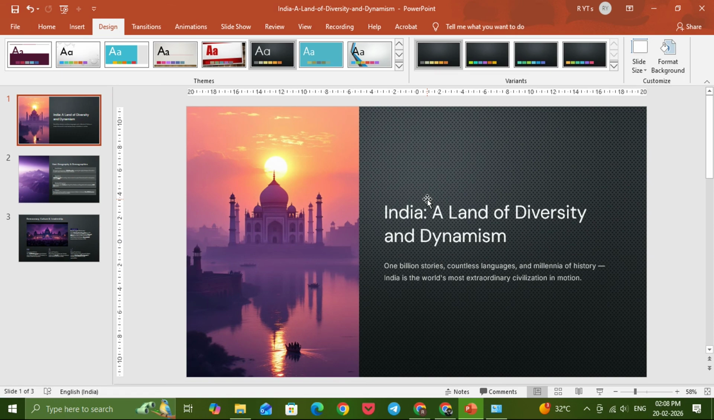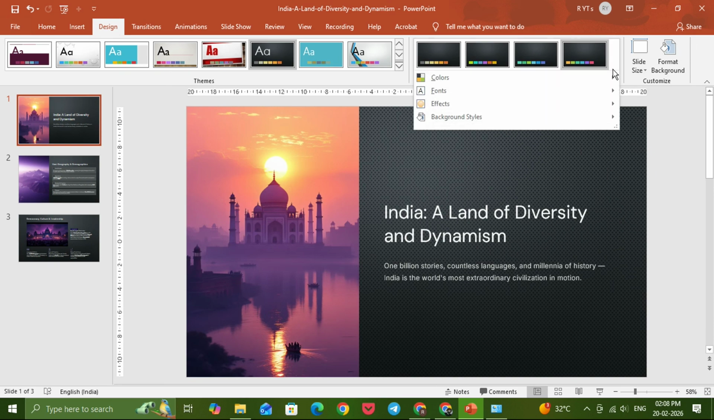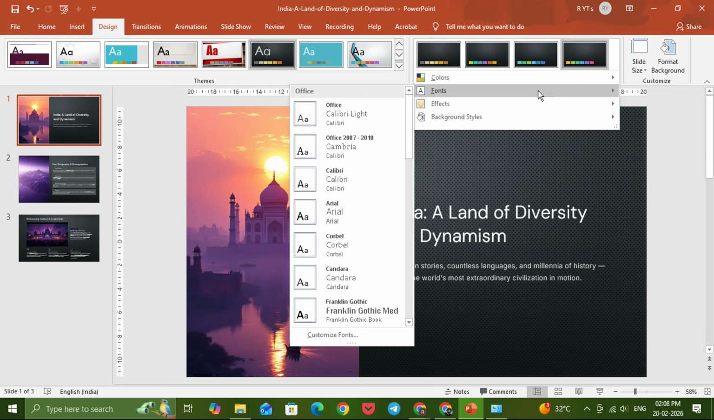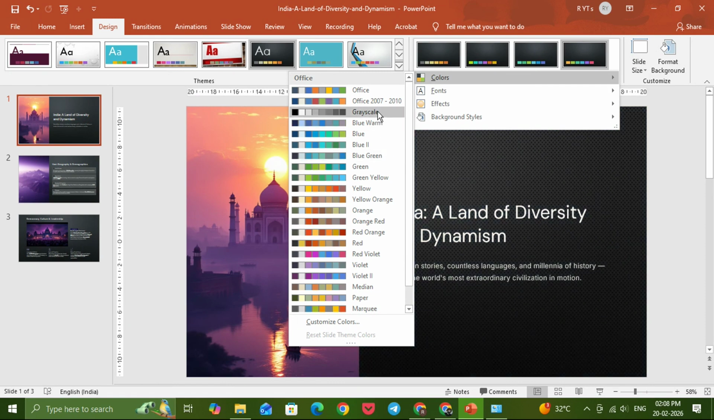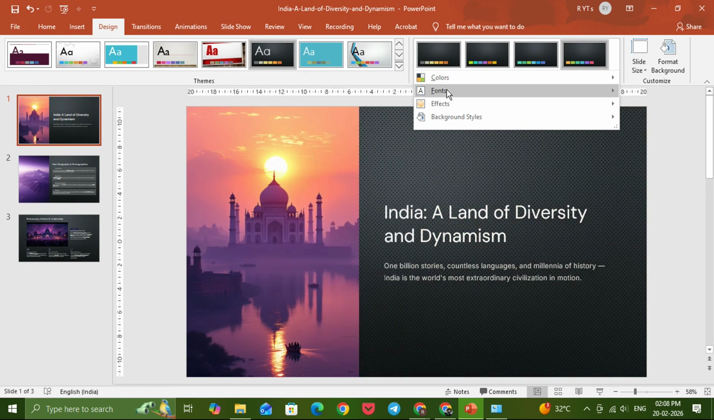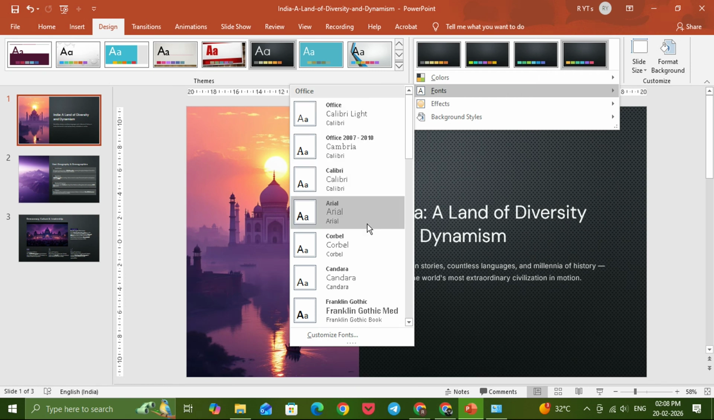Now, if you want to further modify the theme, stay inside the Design tab. You'll see options for variants next to the themes. Variants allow you to adjust color schemes, fonts, effects, and background styles within the selected theme. Click on the Variants drop-down arrow to explore different color combinations and style adjustments. For example, you can click on Colors to choose a different preset color palette. If your brand uses specific colors, you can even customize the colors by selecting Customize Colors at the bottom of the list. You can also adjust fonts to match your preferred typography style, whether you want something modern, classic, or